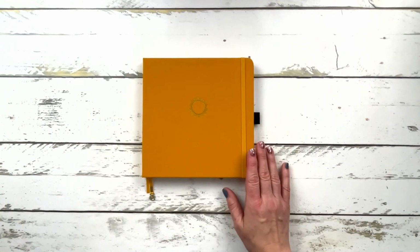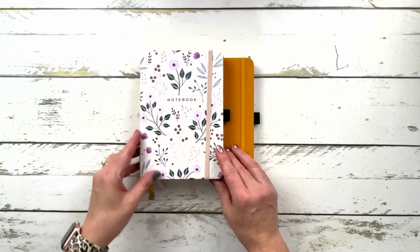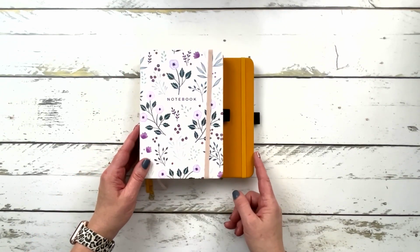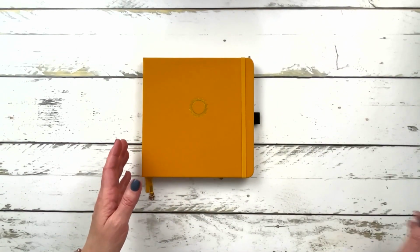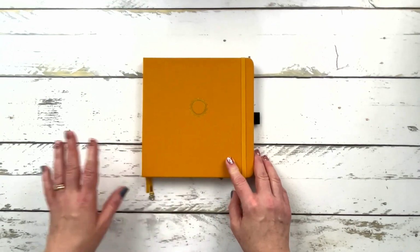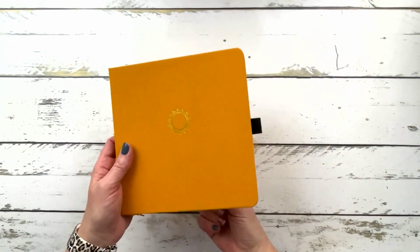I went with this square 8x8 size, and here is how it compares to my reading journal, which is an A5. So a little shorter, but a considerable amount wider. And I love squares, so I thought that would be something fun to try. So I'm going to show you what I've got. It's very simple, and then show you the stamps and the colors of ink that I used as I set